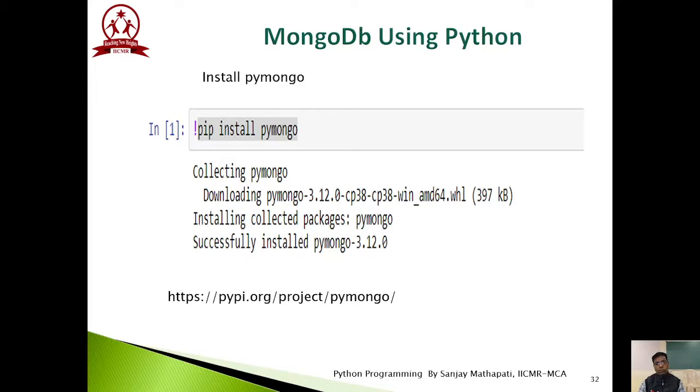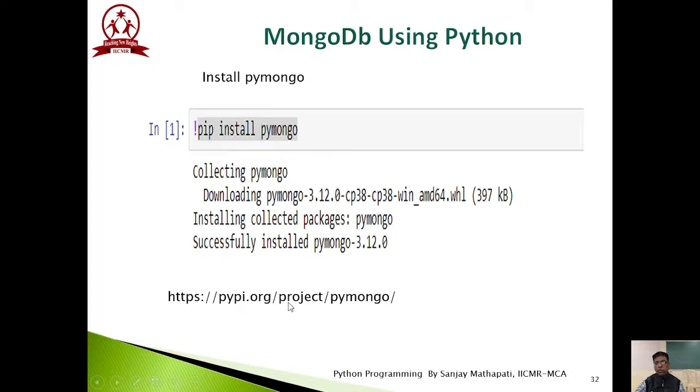Now here, to use the MongoDB database server in the Python environment, we require a package called PyMongo. So the very first thing is to search for how to install the PyMongo package. Generally we have a standard method in Python, which everyone knows: pip install PyMongo. Once you complete the installation of PyMongo, you will get the message that it was successfully installed. From where are we going to get this?